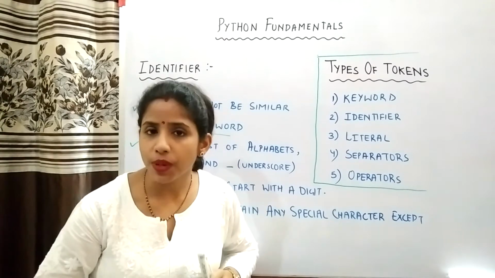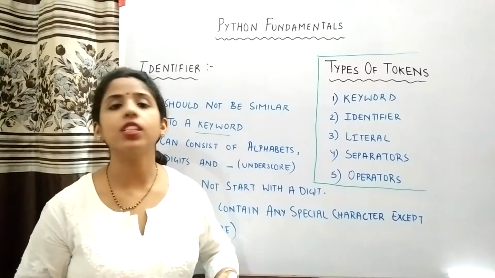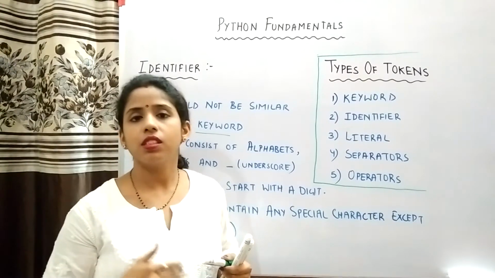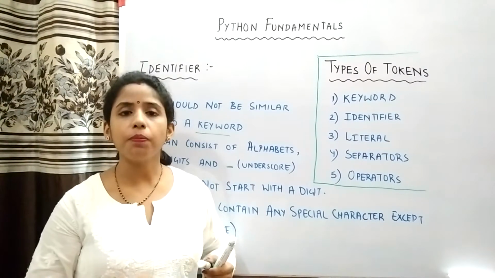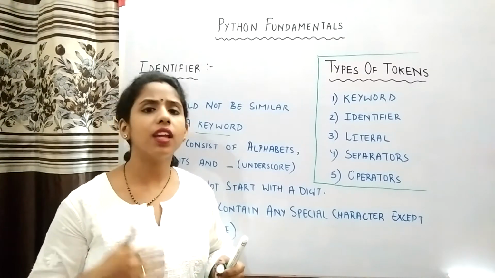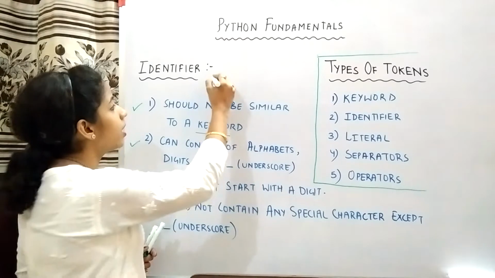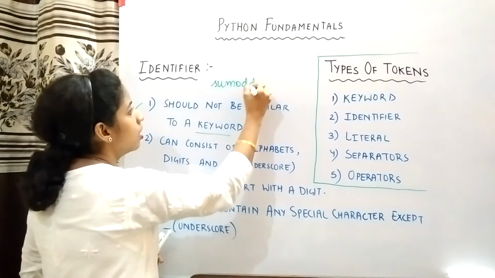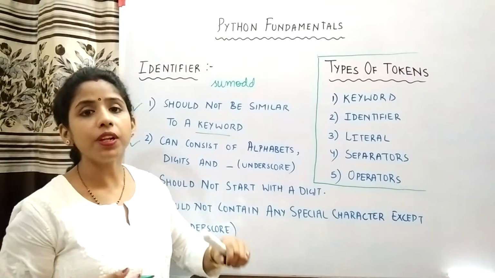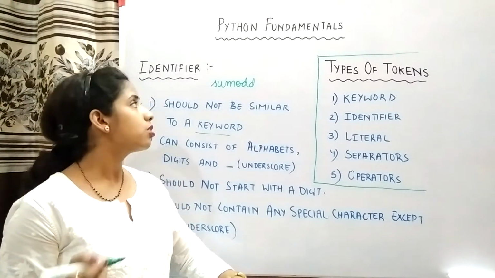Now there is a specific reason why underscore is allowed. Actually, sometimes we have more than 2 words in our identifier. Suppose I want to make my variable name as sum odd. By keeping this name, I mean to say that this variable is going to store the sum of odd numbers. So I kept a relevant name for my variable. If I simply write it like this, then the reader will not be able to read it the way you wanted it to.